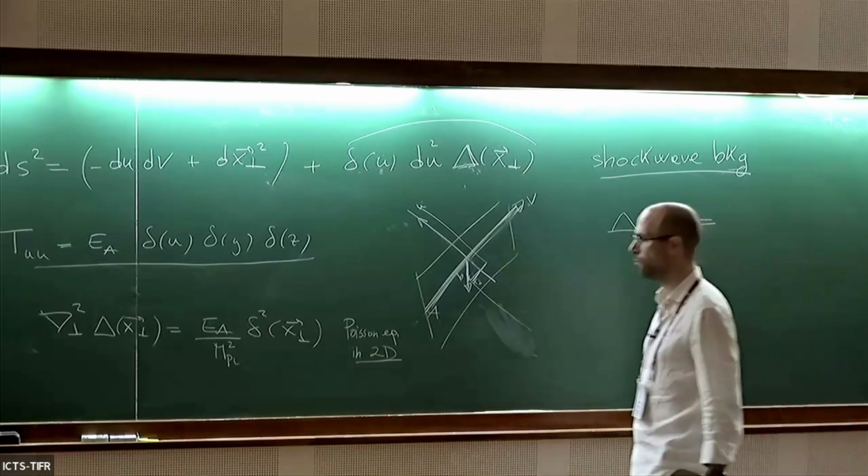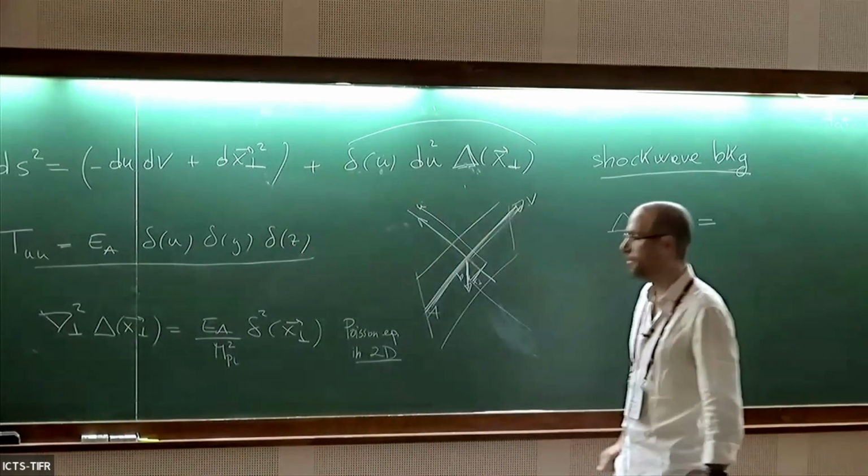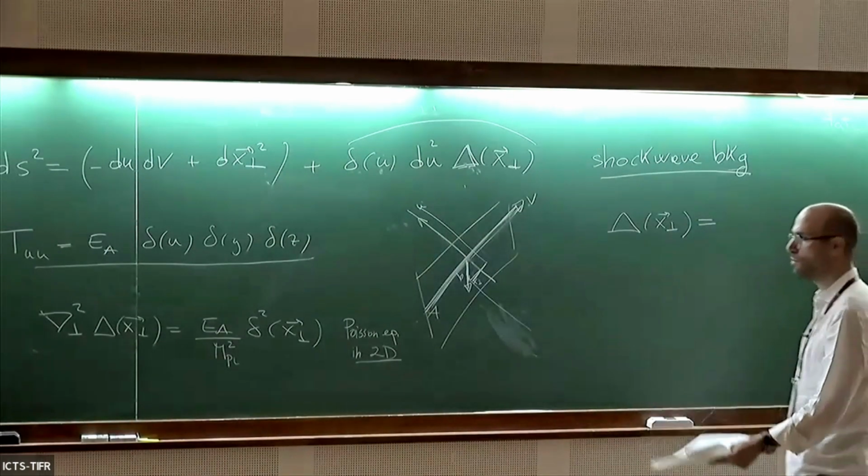So basically, what's the Green's function of the Laplacian, the 2-dimensional Laplacian? Well, it's going to be the Fourier transform